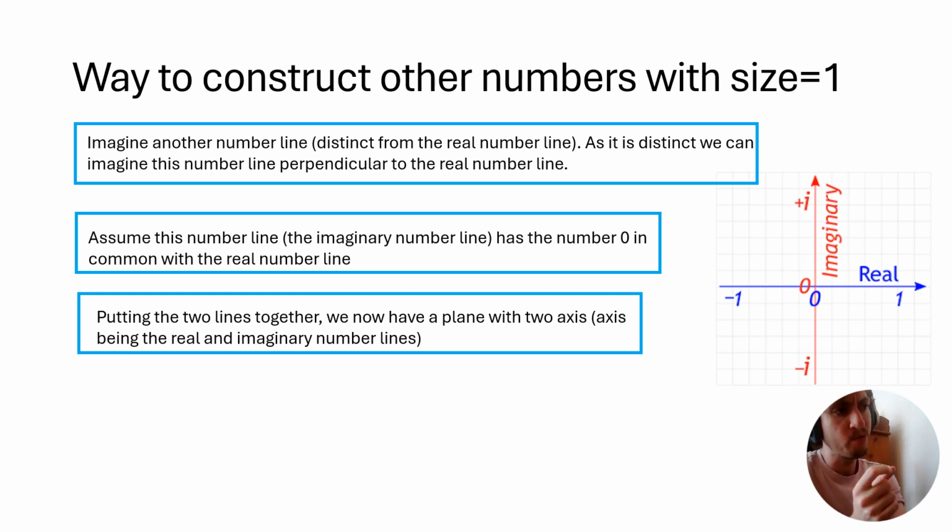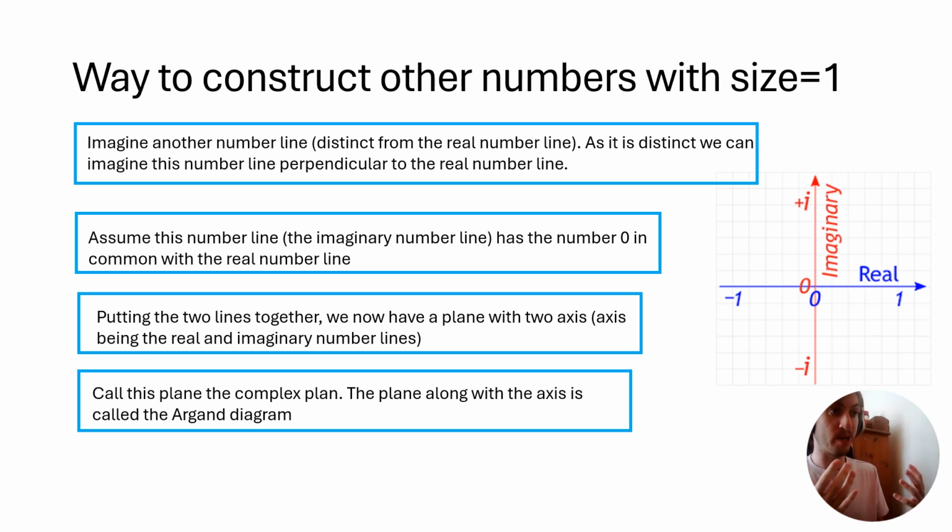We can think of any point as lying on a two-dimensional surface, where the horizontal axis is our real number line and the vertical axis is our imaginary number line. So we have, in a sense, defined a plane by putting these number lines together, and we call this plane the complex plane, because it contains